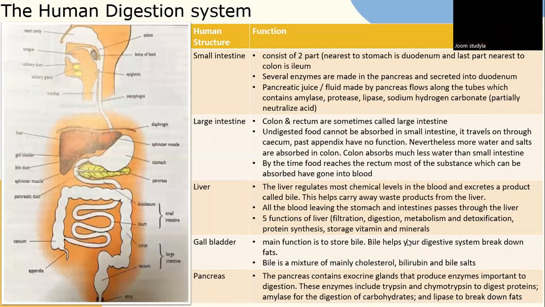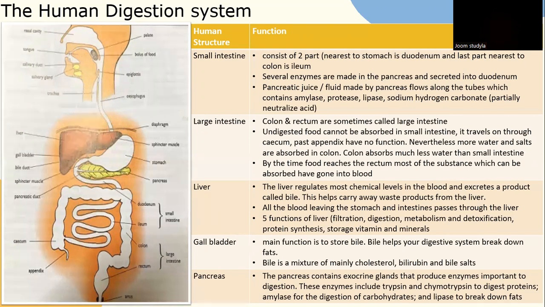And we have the small intestine. The small intestine consists of 2 parts: the part nearest to the stomach is the duodenum, and the last part nearest to the colon is the ileum. Several enzymes are made in the pancreas and secreted into the duodenum. Pancreatic juice, or fluid made by the pancreas, flows along the tube and contains amylase, protease, lipase, and sodium hydrogen carbonate, which partially